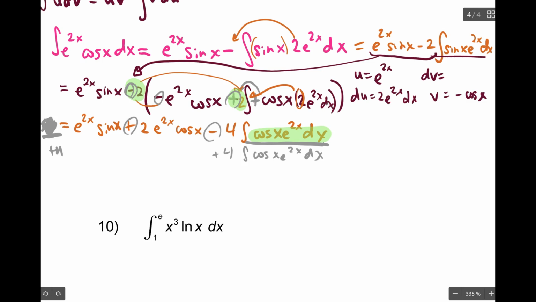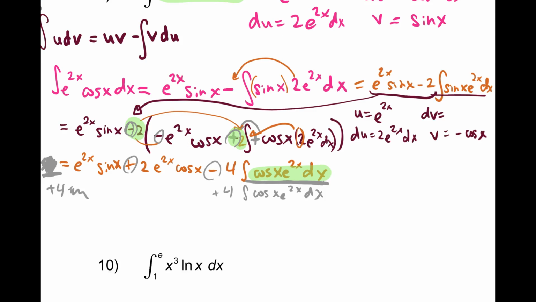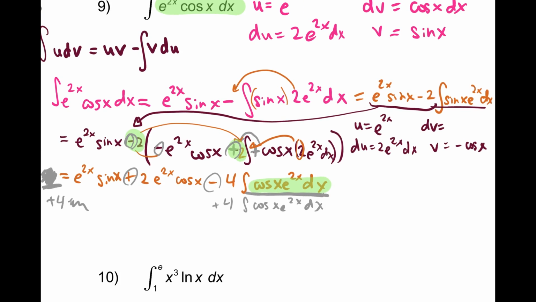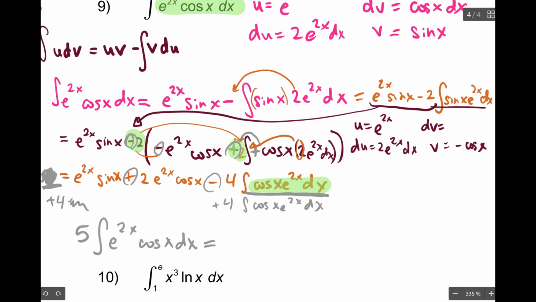Plus 4, oh gosh, I'm running out of room. Will you understand if I write it like this? It's the same thing. You see I'm adding 4 on both sides. We understand. Okay, cool, I appreciate that. Okay, so now I have 5 times my original integral of e to the 2x cosine x dx on my left side. That's equal to,